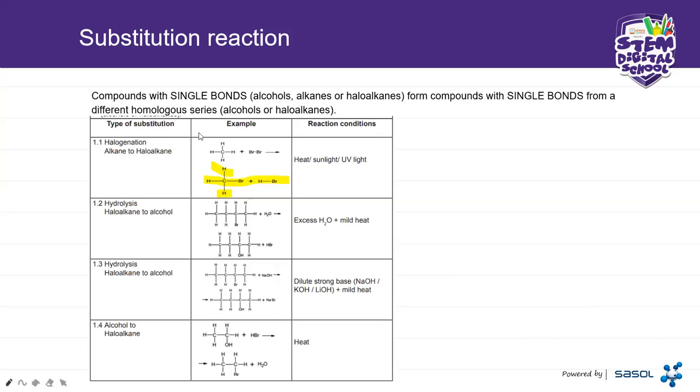Getting back to our arrow. So the first type of substitution reaction is going to be our halogenation, alkanes to haloalkanes. And for example, remember our alkanes to haloalkanes. So this is our alkanes and this is our haloalkanes. So it's going to be Br2 plus methane. This is methane, right? Because it's got single bonds and it's got one carbon and it's got H's. So what we're going to do, we're going to replace